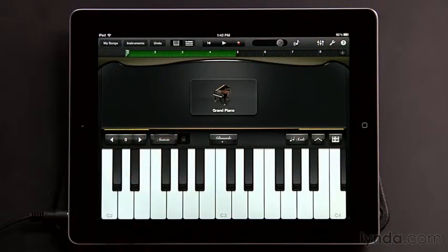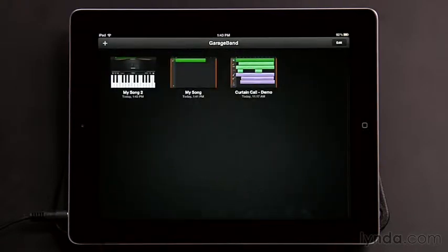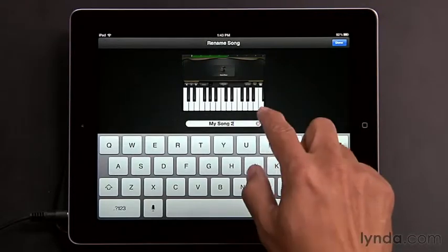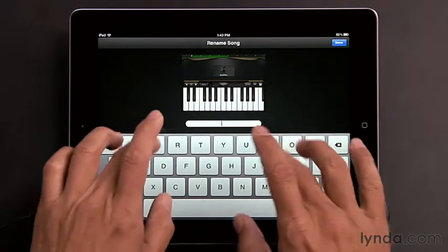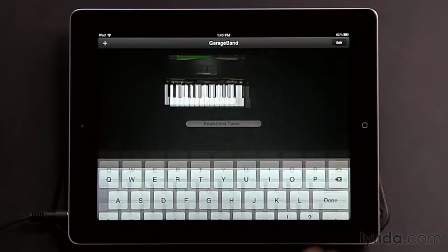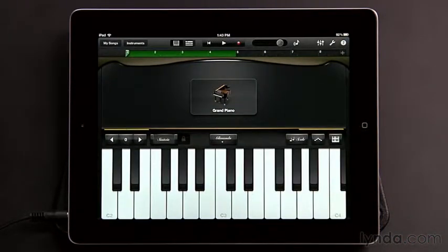So now that I have recorded some content, if I go back to My Songs, you can see now I have a third project in here currently titled My Song 2, which doesn't really tell me what the song is. So if you want to rename your song, simply tap the name. You can delete that out of there. And I'll just call this Keyboard Tune. And tap Done. And now I can go back into the song. So anytime you want to make sure you save what you just recorded, it might be a good idea to tap My Songs. That will automatically save your song, then you can tap the project to open it up again